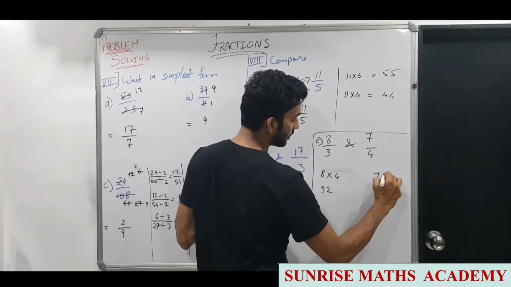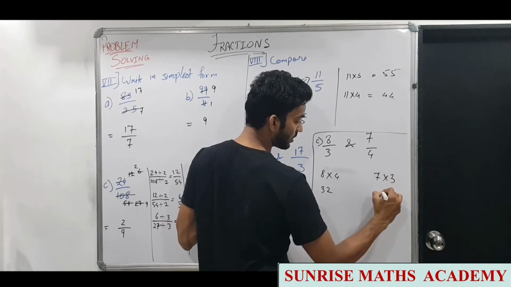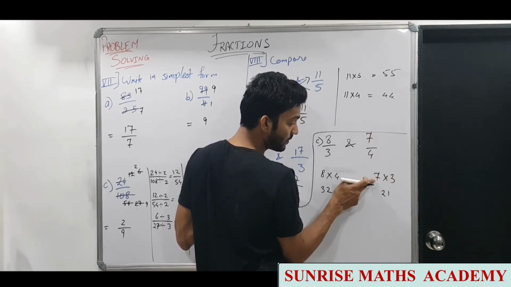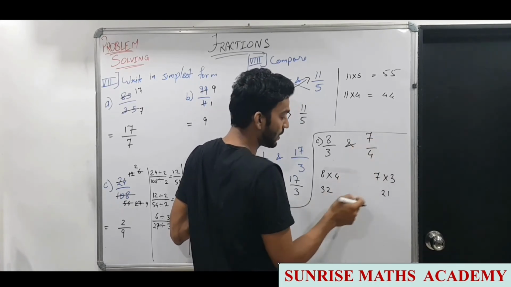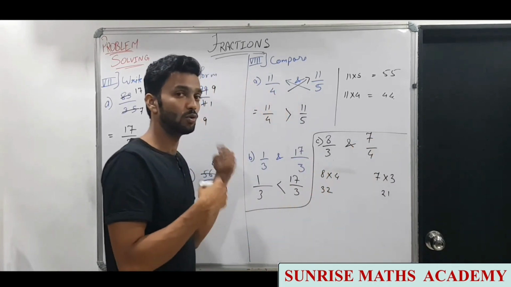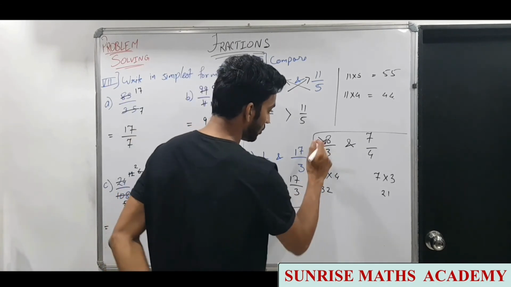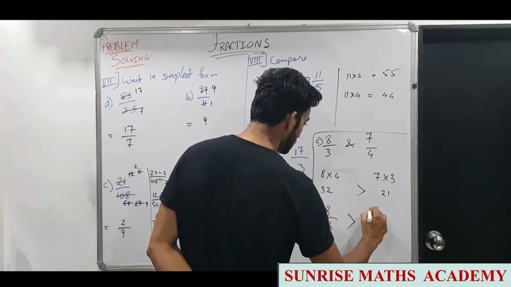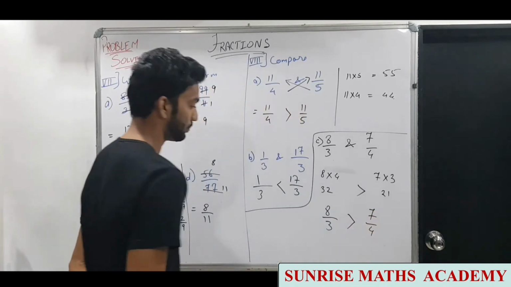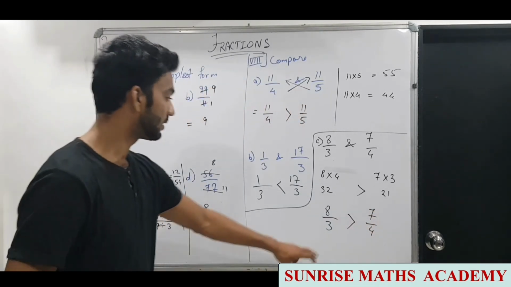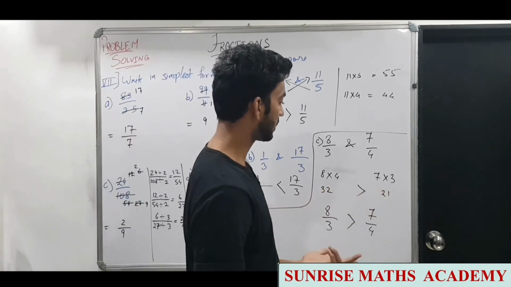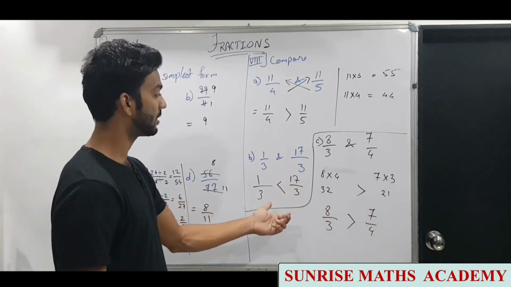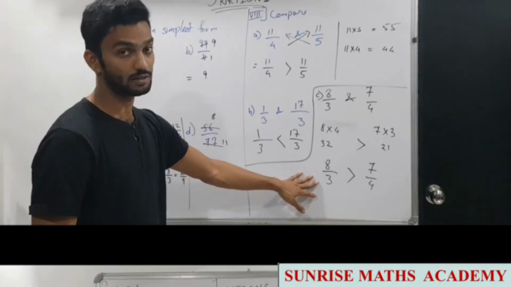And on this side 7 into 3 is 21. So इसकी वैल्यू ये 21 इसकी वैल्यू है क्योंकि 7 न्यूमरेटर इस फ्रैक्शन का. जिस फ्रैक्शन का न्यूमरेटर है वो वैल्यू उस फ्रैक्शन के लिए है. So 32 representing this. So this is greater. Therefore 8 upon 3 is greater than 7 upon 4. ये फाइनल लिखना जरूरी है. अगर आप 32 upon 21 लिख के छोड़ दोगे तो फाइनल आंसर नहीं आया, मार्क्स कट होते हैं. एंड अगर आप एलसीएम मेथड यूज कर रहे हैं तब भी फाइनल फ्रैक्शन में लिखना जरूरी है.